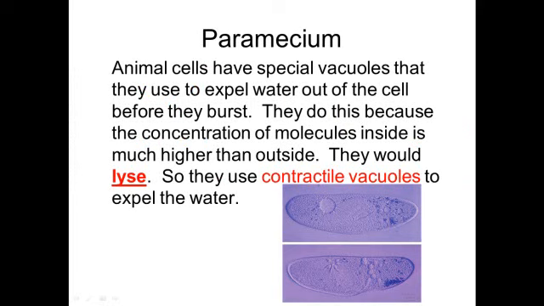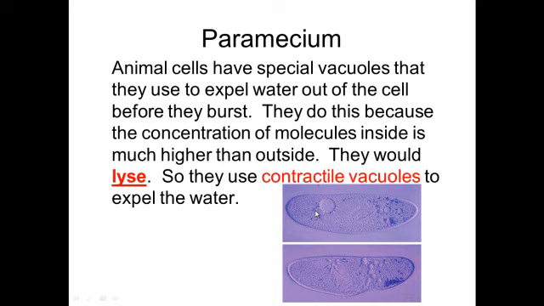In the previous lecture, we talked about a special organelle that paramecium have, a special vacuole called a contractile vacuole, which helps prevent paramecium, which are freshwater protists, from dying in the water. They have a whole bunch of different kinds of solute molecules on the inside of their body. But in the fresh water, there's not very many solutes. So what normally would happen, and what does happen, is the fresh water will move into the paramecium to dilute